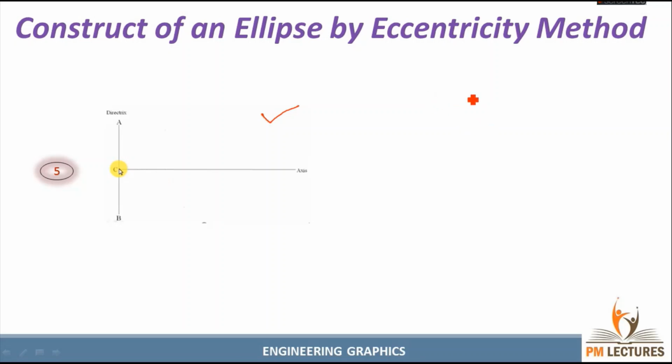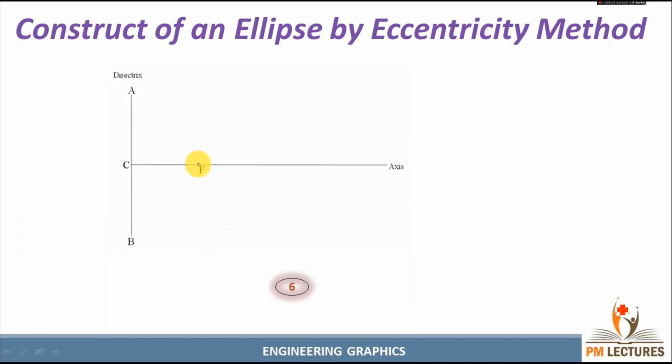After that, the question gives the information to mark the focus. For this question, the information is 50 mm. So from this C point, we need to mark 50 mm on this horizontal line somewhere here. You can measure it and mark it as F. Also you can show the distance like this, but don't use the units. Instead of putting units, you can mention in the right hand side corner that all dimensions are in mm. After drawing this step, you get the output like this.